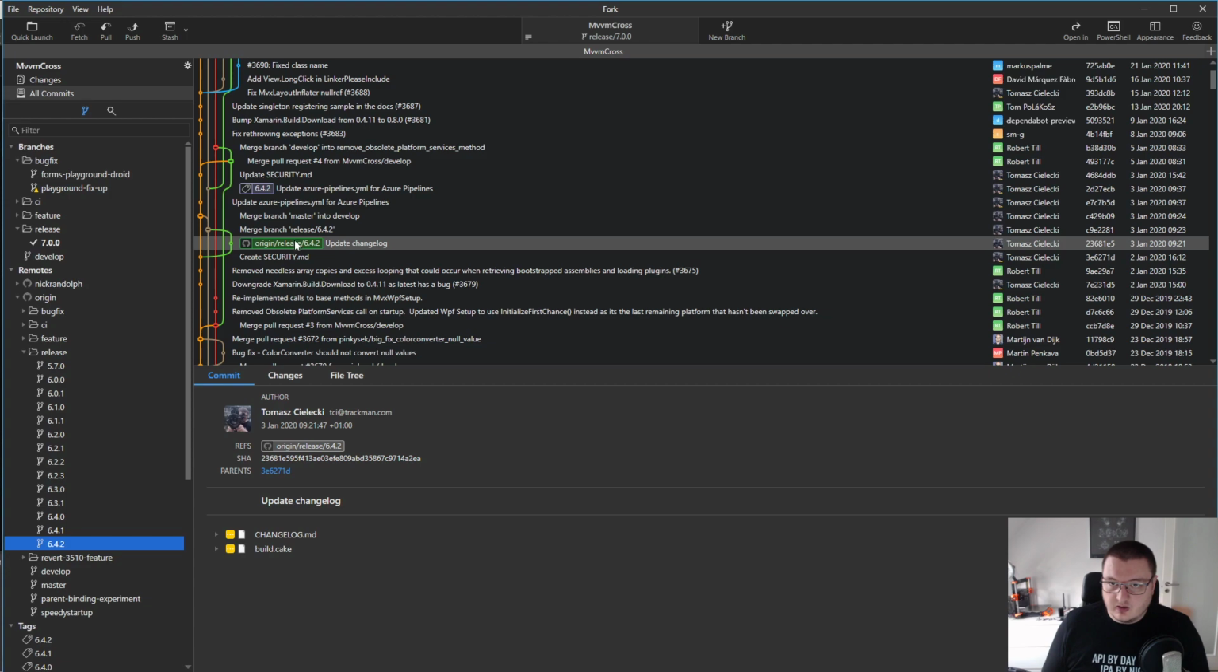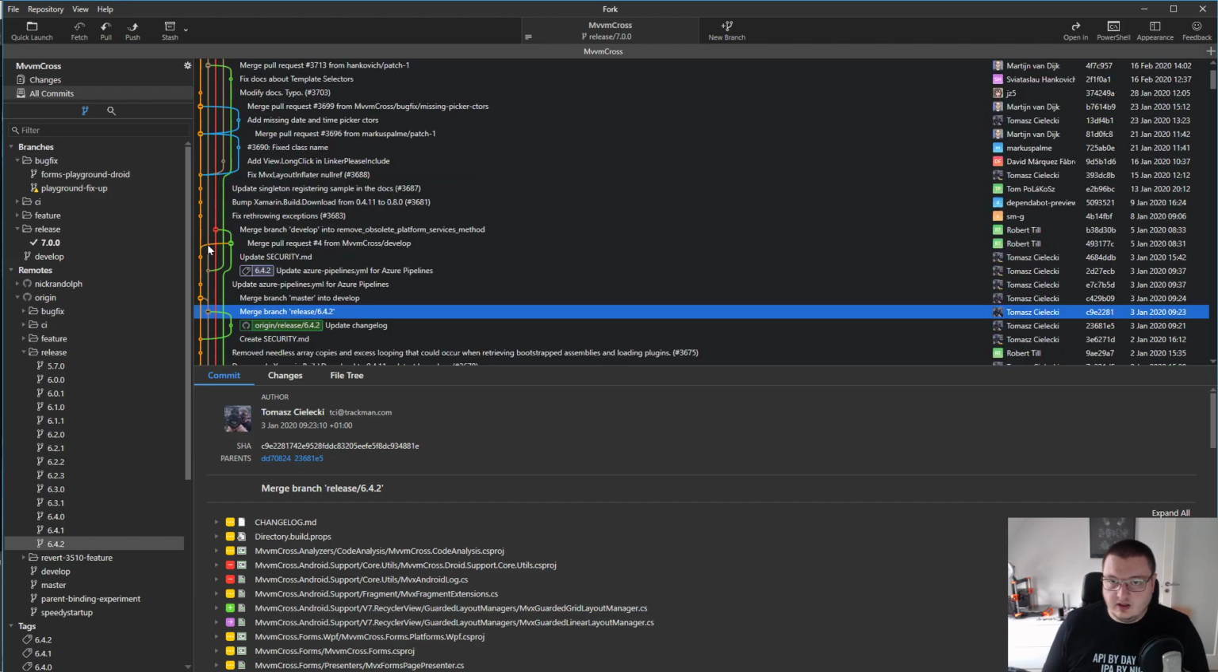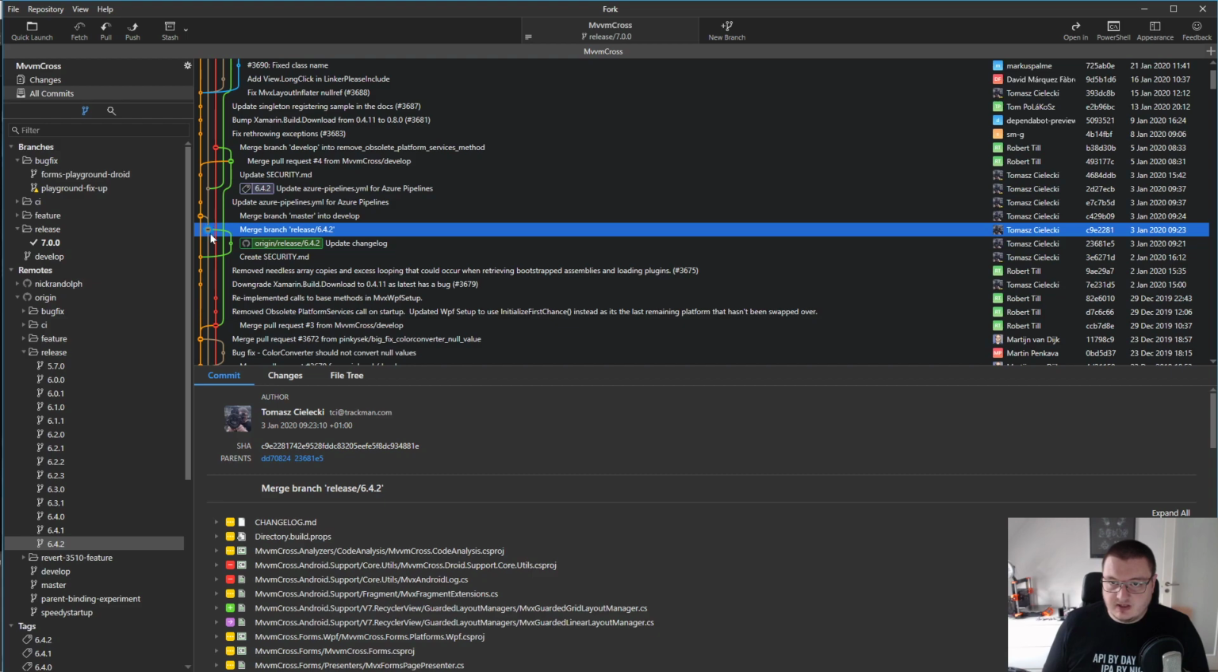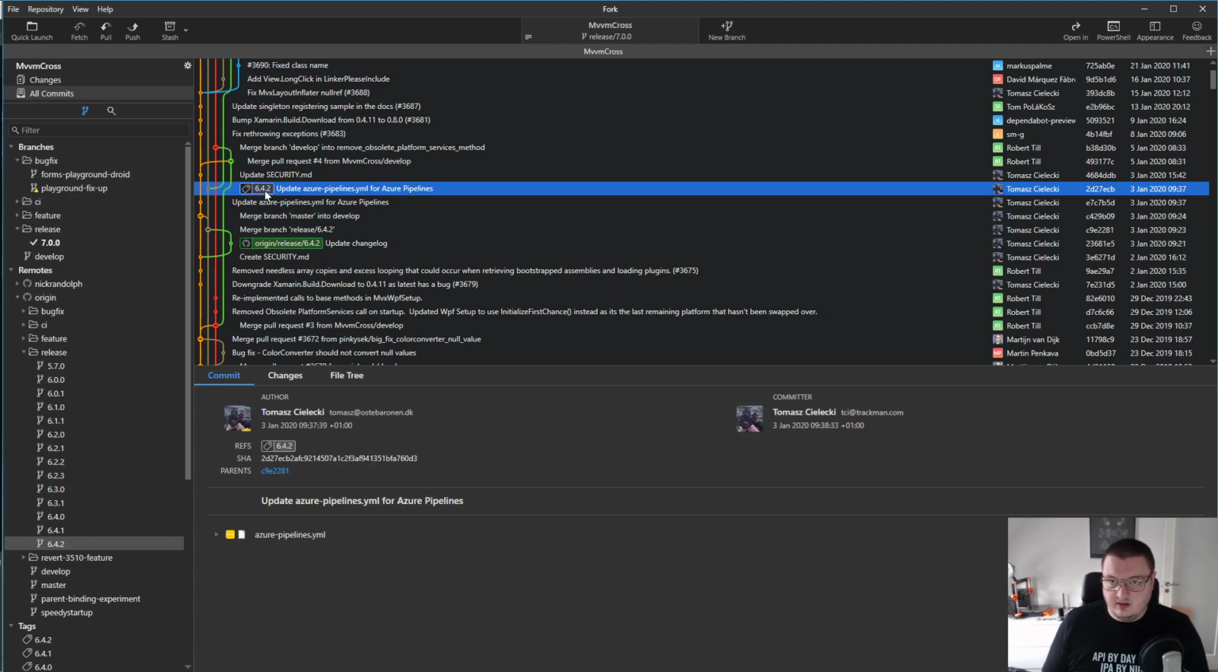So here, origin release, it was merged back into which branch is this? I guess this is the master branch, and then we merged master into develop. That's also fine, but this release branch could also directly be merged into develop. Yeah, and then we create a tag. I don't know why it's pushed up here, but